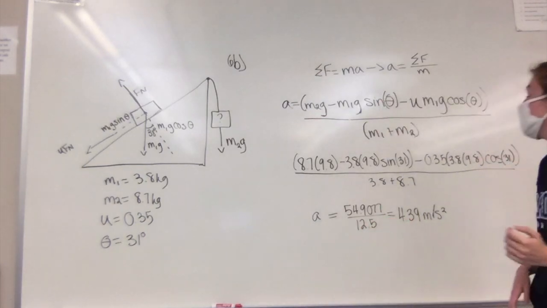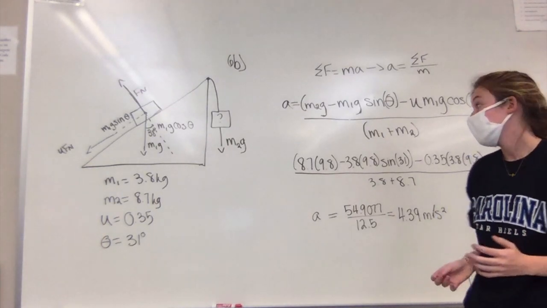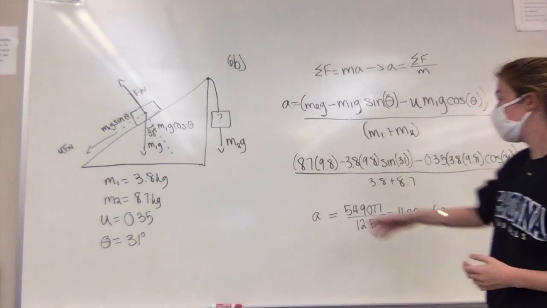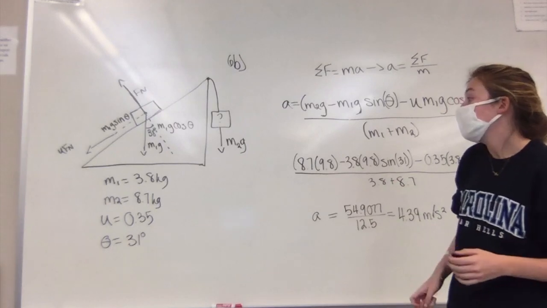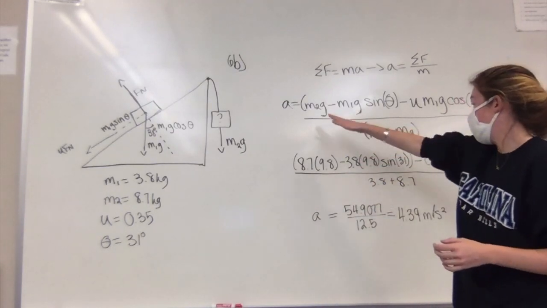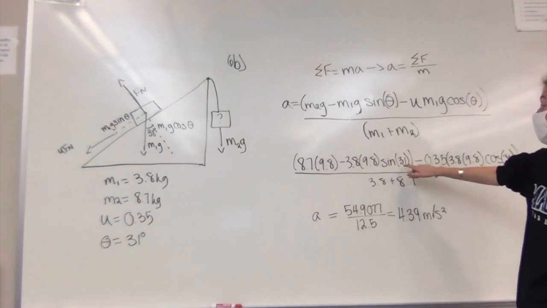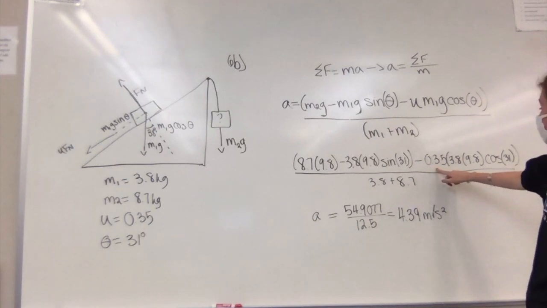And so I went through and plugged in the given numbers that I had for my equation. So my mass 2 was 8.7 kilograms, which is right here, times gravity. And then my mass 1 was 3.8, which is again multiplied by gravity. You can just follow in the equation. And so for my theta, I plugged in sine theta of 31 degrees, and then it's minus 0.35,